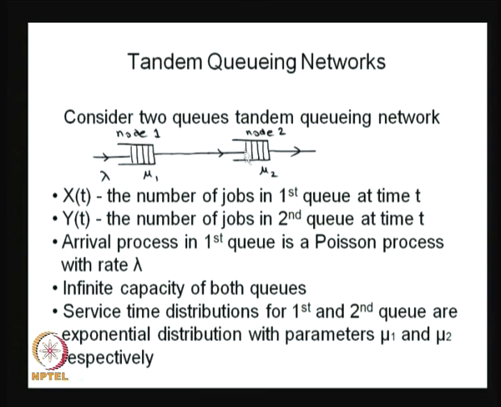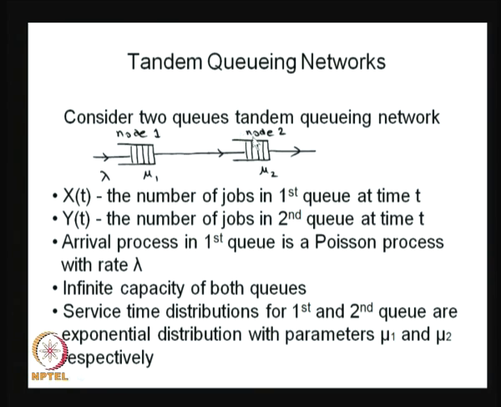Now, this will separately act as an M/M/1 queue because the arrival process is Poisson with the parameter lambda, and we already made the assumption that arrivals are independent of the service. Service is exponentially distributed with the parameter mu2. After the service is over, the customers leave the system. Therefore, this is a separate M/M/1 queue because we assumed infinite capacity in both the queues. Therefore, the two-queue tandem queue,